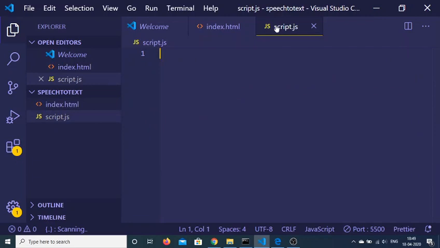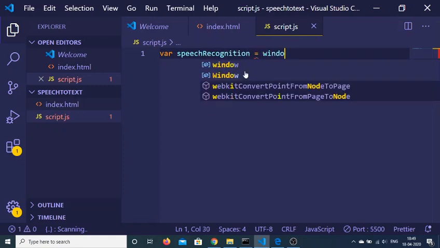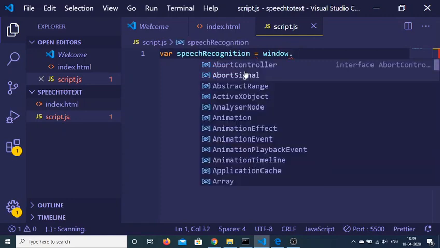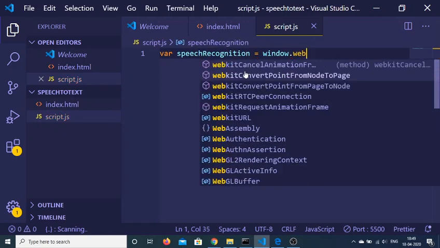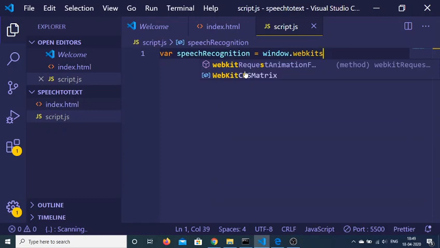So inside the JavaScript, first of all we need to invoke our speech recognition variable. So just make a speech recognition variable, and we have this inside our window.webkitSpeechRecognition. So this is a variable.